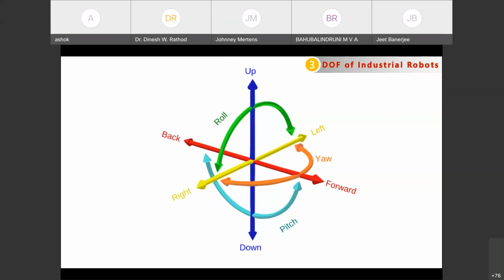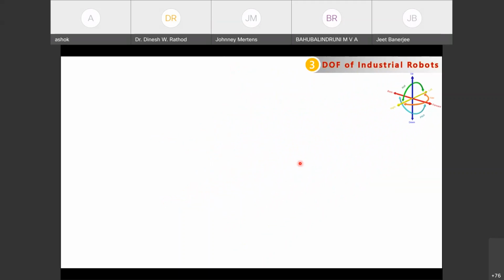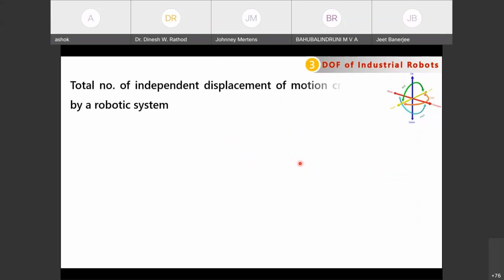So now coming to the term, the term DOF is widely used in robotics to define the motion capability of the robotic system. So it means